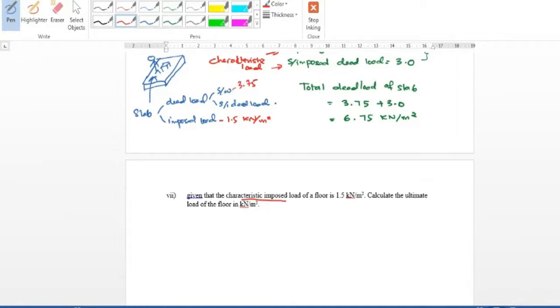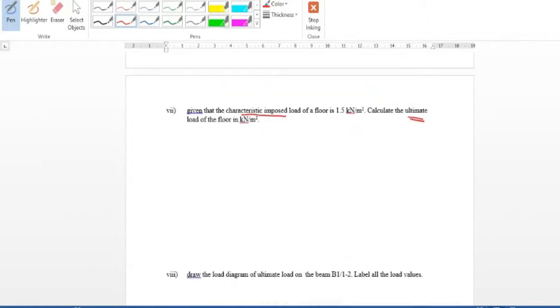Superimposed dead load, we have 3.0, and imposed load, 1.5 kN per meter square. Calculate the ultimate load. Okay, ultimate load. Remember, ultimate load, again, I write down here. Please remember, guys. Ultimate load,